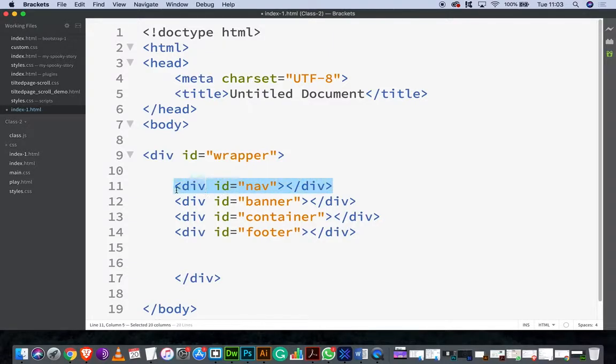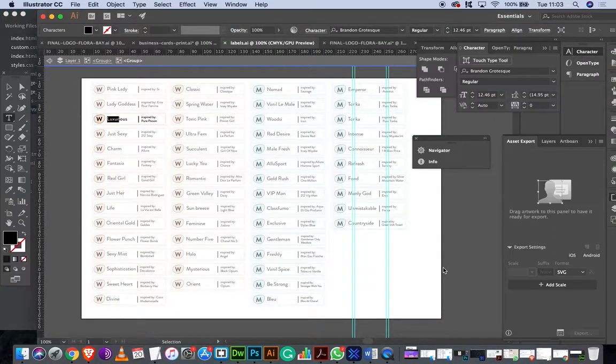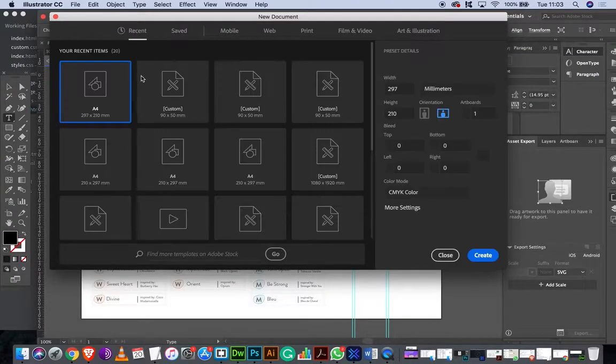My nav is a division on its own. My banner is a division on its own. Container division on its own, and footer is a division on its own. What I mean by division on its own is the fact that there aren't any subdivisions inside them yet. So to illustrate what that would look like,